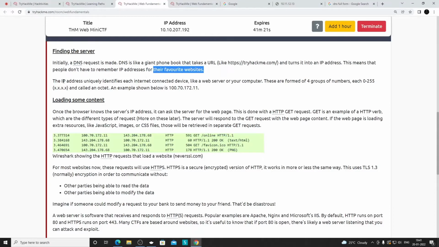Now it's also saying what an IP address is. It's a unique identifier, which looks like a numeric identifier divided by three dots. So that's how you can say what an IP is. We will be discussing it in the networking part later on, but an IP is just to identify a server's address.